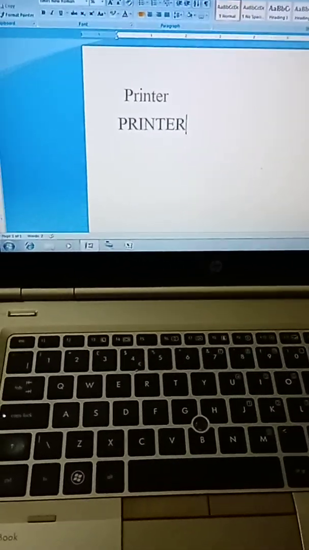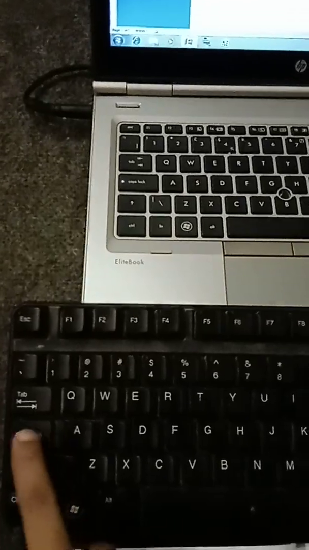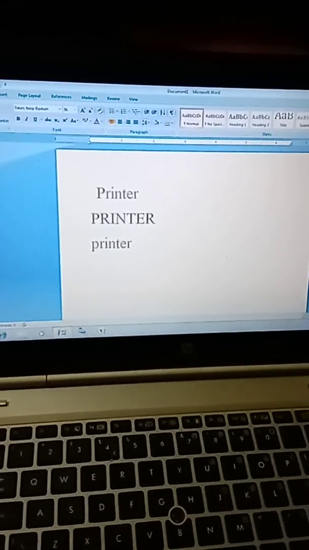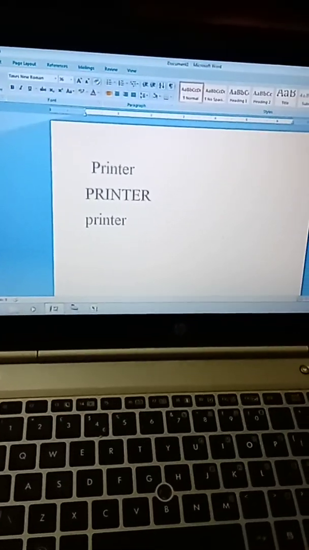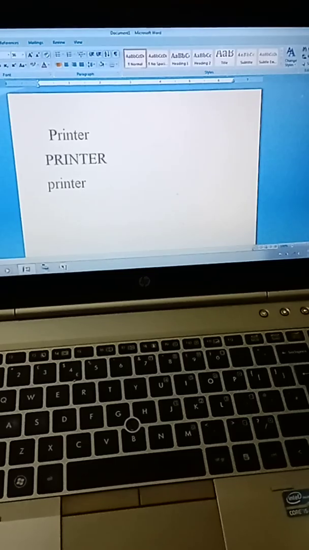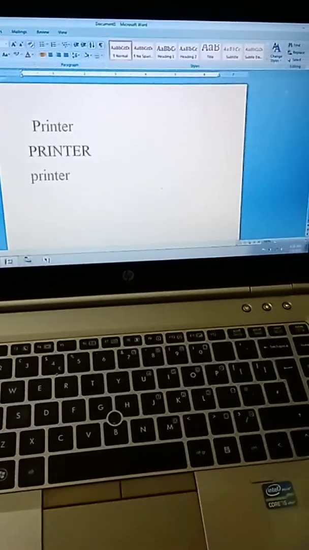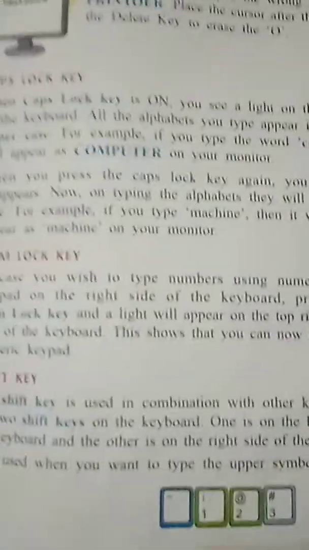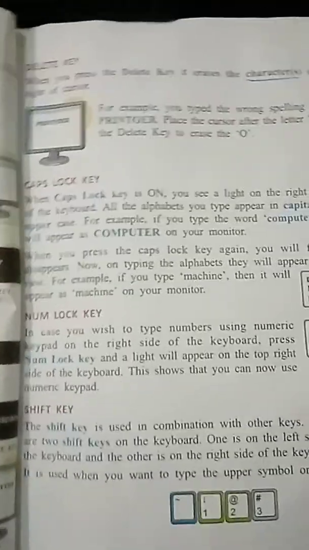If we press caps lock key again, the light will be off, and now we again write printer. See, all the letters are written in small letters. So caps lock is used to make letters capital. If the caps lock key is on, we write in capital letters, and if the caps lock key is off, we write in small letters.